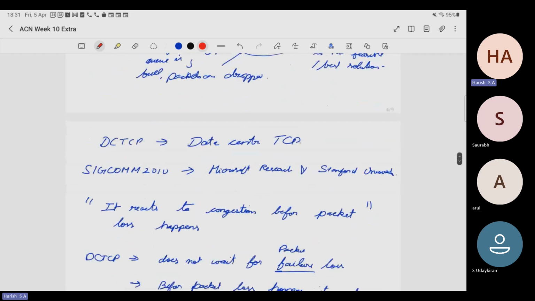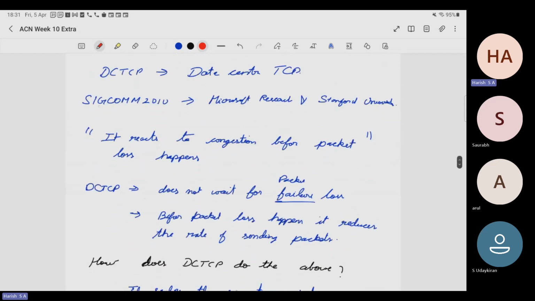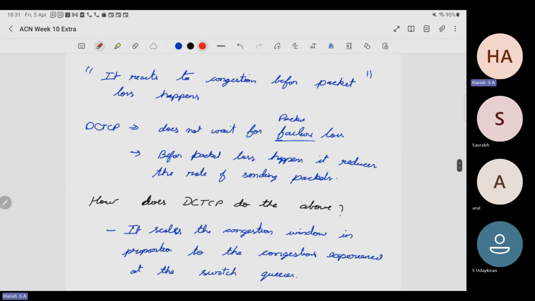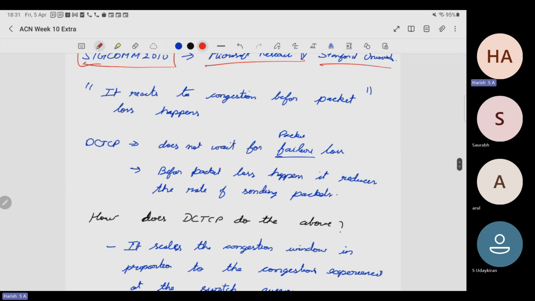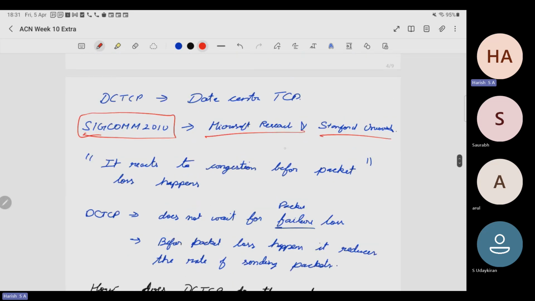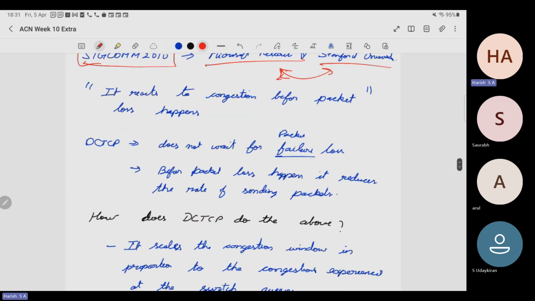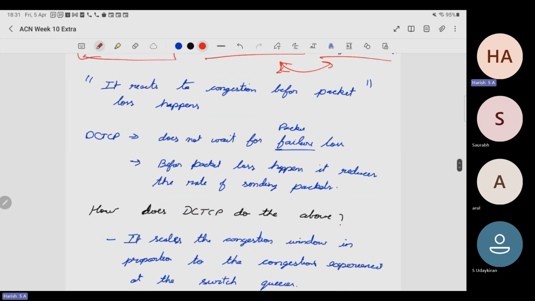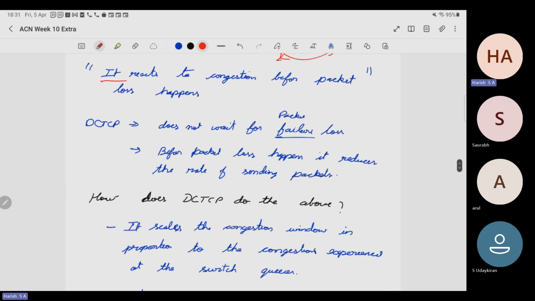All this is just saying that DCTCP came out of a landmark paper that appeared in SIGCOMM 2010. People from Microsoft Research and Stanford University came together. So this is basically an example of industry academia collaboration, right? That's when the magic happens. So in a nutshell, it reacts to congestion before the congestion or the packet loss actually happens,